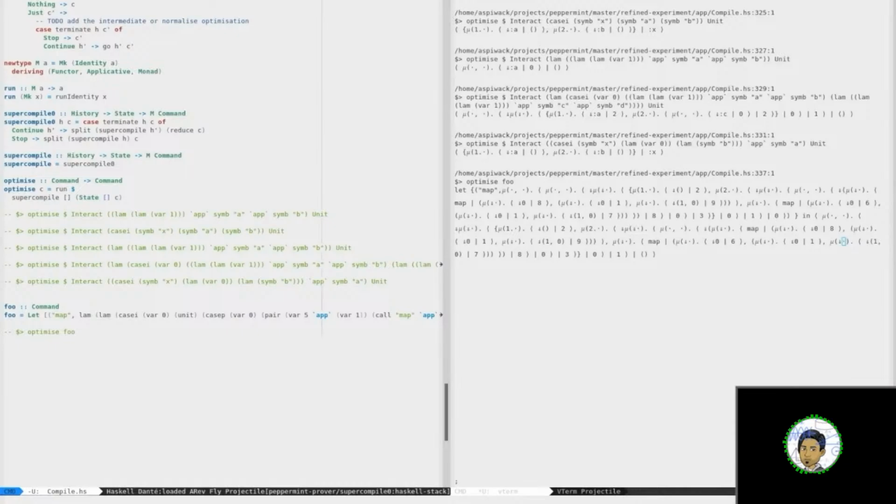It's fine, it's fine. Yeah, things that can make debugging easier would be things like